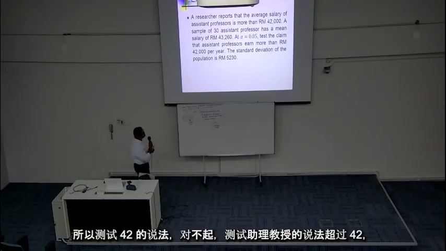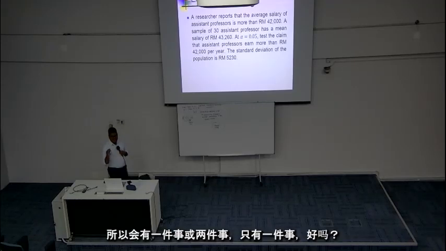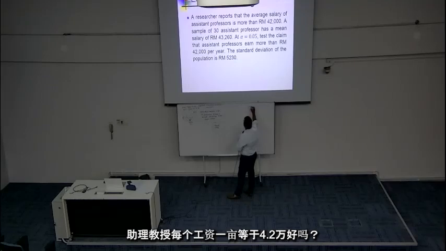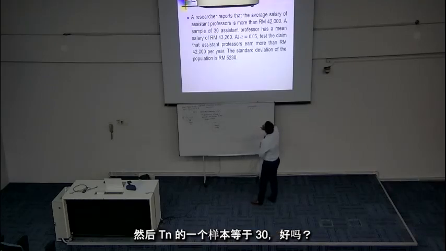Okay, so test the claim that the assistant professor earns more than 42,000. So there will be one tail or two tail? One only, okay? The average salary of the assistant professor is mu equal to 42,000, and then a sample of 30, n is equal to 30,